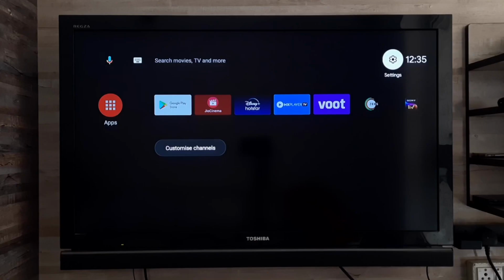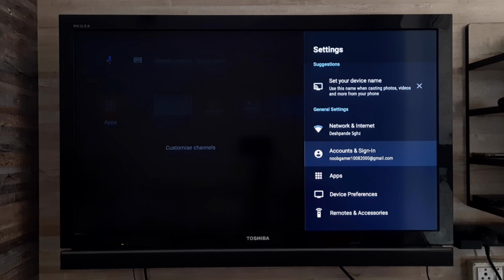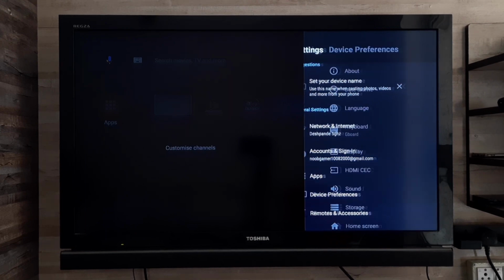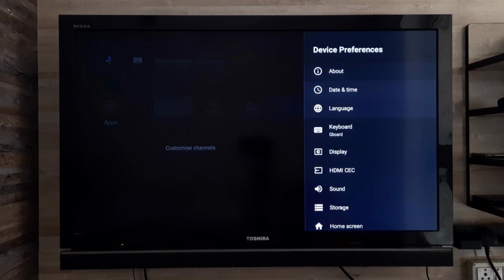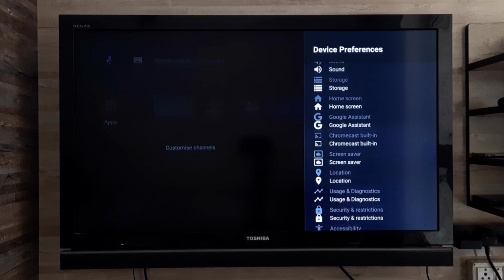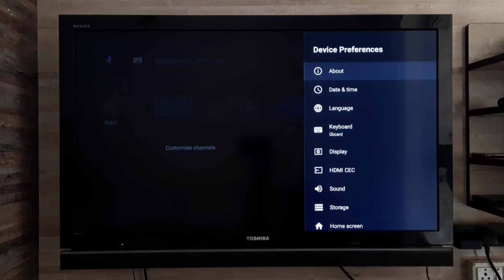Next tip is the main tip. For that, you have to click here on device preferences. Then you have to click here on about.